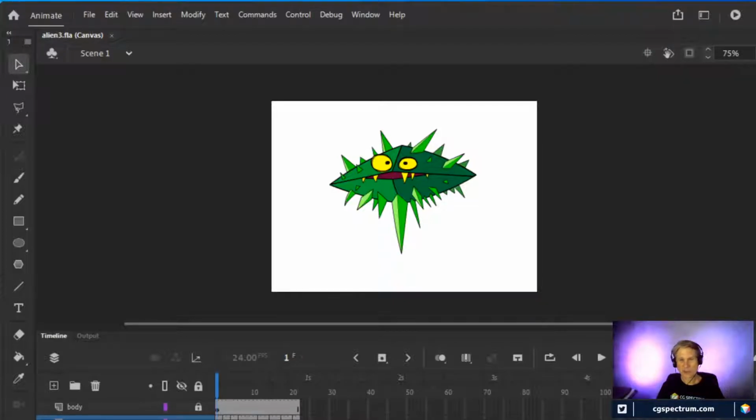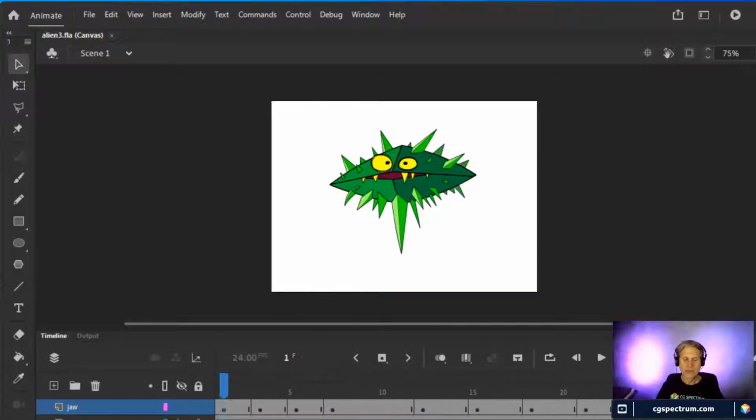Meaning, like with the claws, where the claws are all on different layers, and then I put some bones inside of it and put it on an armature layer and then just animated the bones that way. This one also, I didn't want to go too heavy into hand-drawn animation, which would have taken a long time, but I did end up doing that. That was the solution to this. But the trick was, do I have to redraw the entire face in order to get it to open its mouth, or is there a way that I could economize?